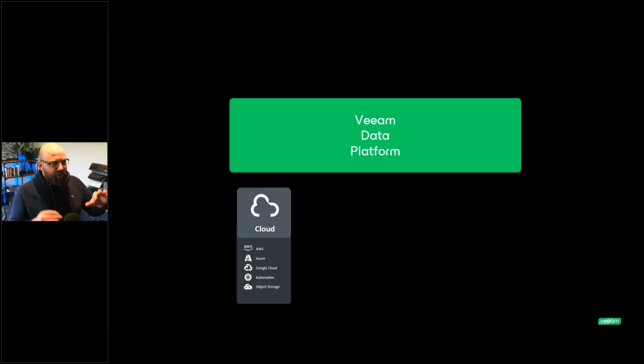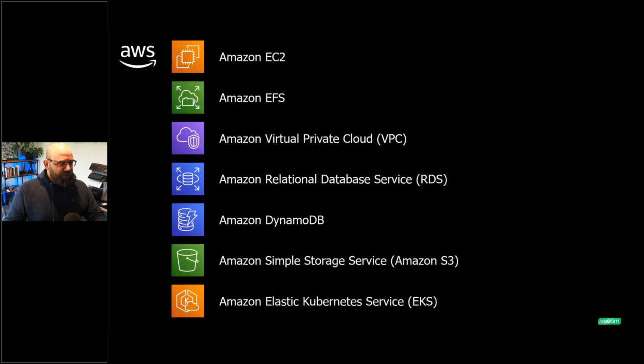Cool. So when we focus on that cloud column, and this is where that session will go into a lot more detail, there's a lot of services in the cloud like I touched on. So when it comes to AWS, what do we have? What can we protect for our customers out there? A lot of even our own SEs still believe that we protect EC2 instances. But actually, there's so much more. You can see everything in there. EFS, file servers, VPC, so your network configuration in the cloud, RDS, so managed databases, same as Amazon DynamoDB. I'm not going to go through what they all are.